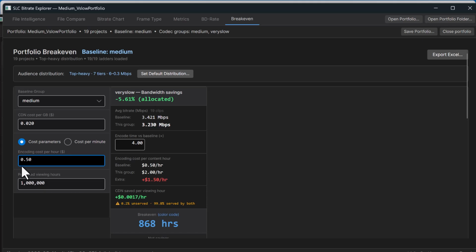To account for encoding costs, enter your cost parameters, either cost per hour if you're running instances in the cloud or on-prem, or cost per minute for cloud encoding. My encoding costs 50 cents per hour, and very slow takes about 4 times longer, or $1.50 more per hour. From there, the break-even math is simple. Divide the $1.50 in increased encoding costs by this savings, and you get 869 hours of viewing to fully recoup